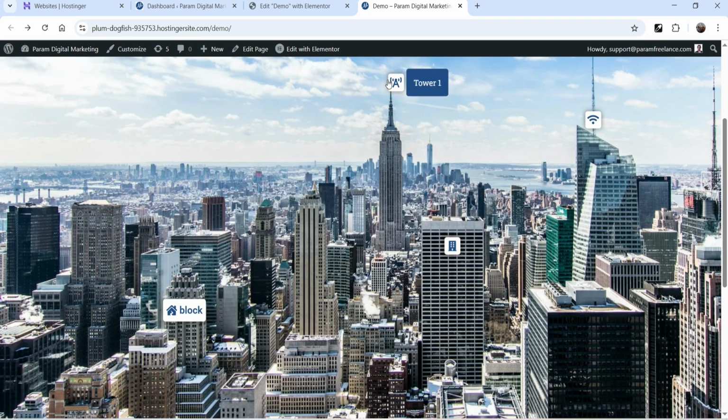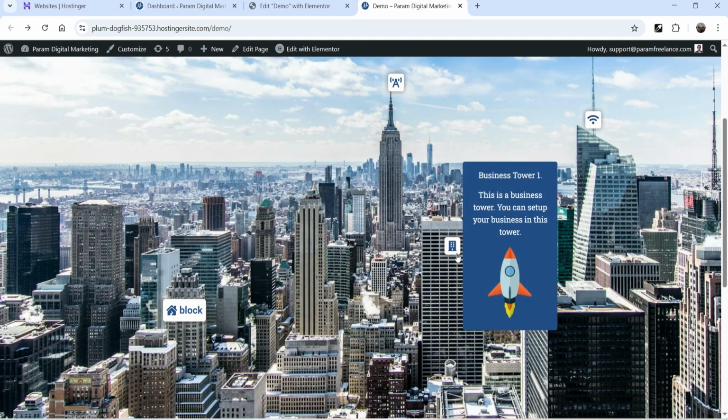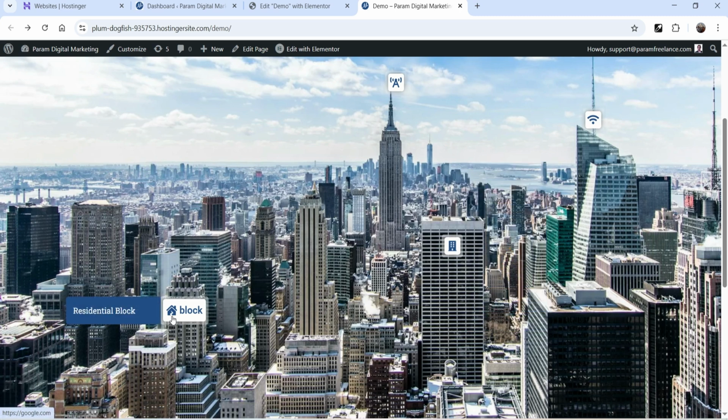So you will see the first hotspot here. This is another hotspot. If I move the cursor on the hotspot, it will show the information about that hotspot. So this is the hotspot and it shows the information about this hotspot, and I have also added an image in this hotspot. You can change the icon for each hotspot, and you can also change the position of the information